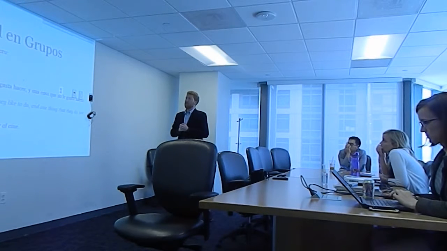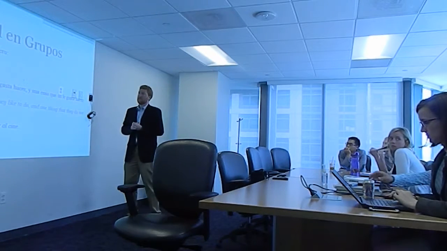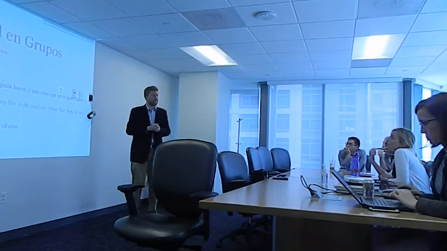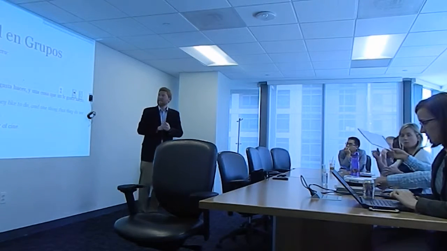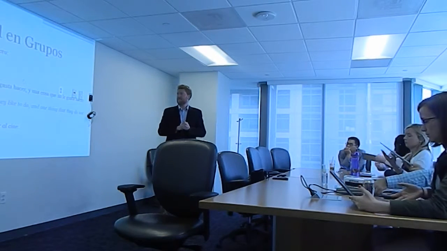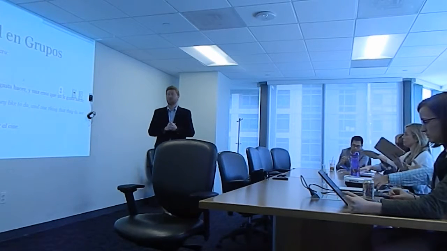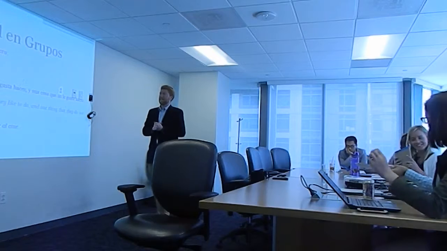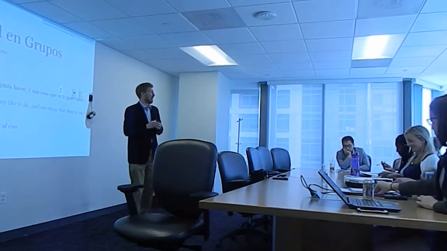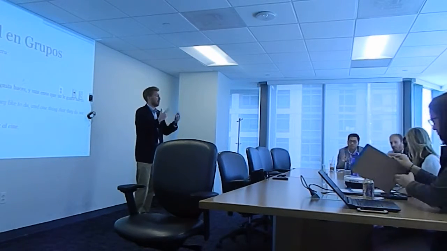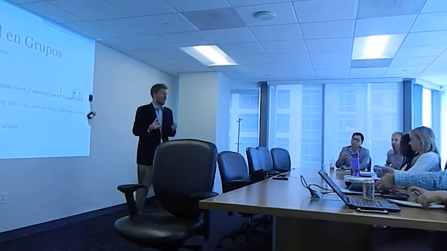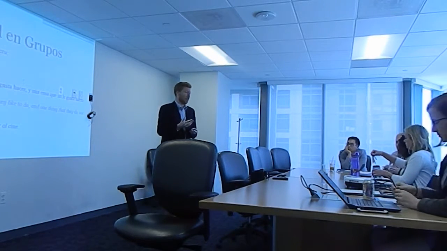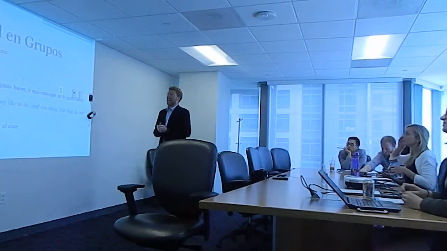Okay, aquí tengo una actividad para grupos. What I'd like you to do first, if you have pen and paper, use gustar to say 3 things that you like to do and 1 thing that you don't like to do. Okay? So what you're going to say, obviously, again, is me gusta, and then a verb. I'm going to circle around if you need help.